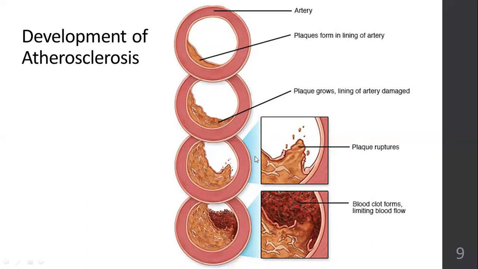Sometimes the plaque will rupture. The fat that it has collected, it will rupture. You can see here the plaque, how it ruptures. And these molecules can travel because they are lightweight. The ruptured molecule is lightweight. It will travel through the blood circulation and get deposited somewhere else, and there it will start a new plaque.